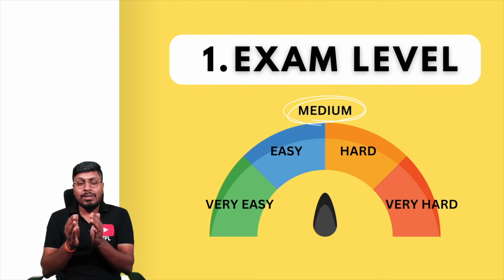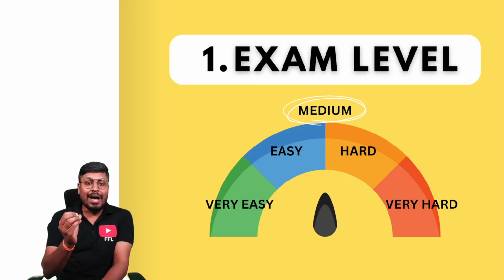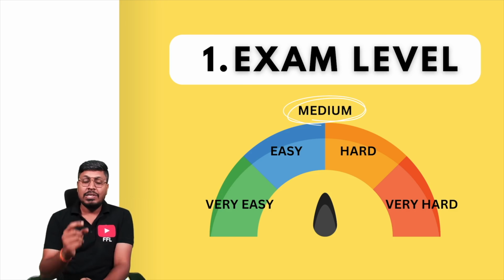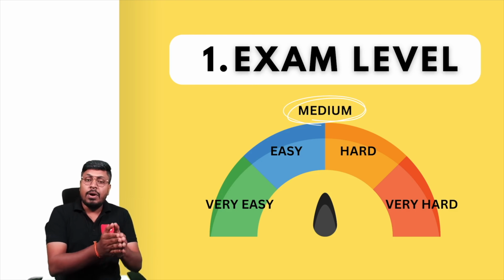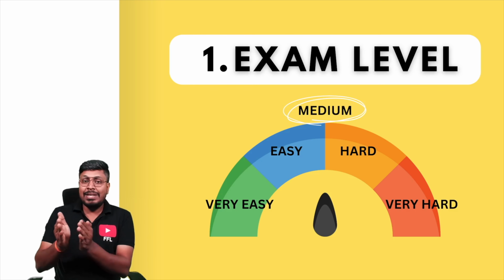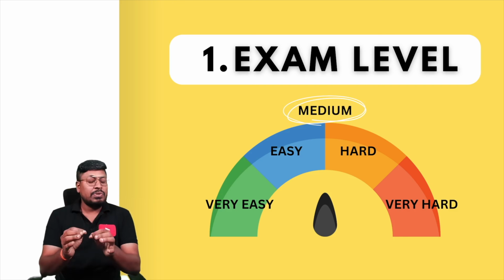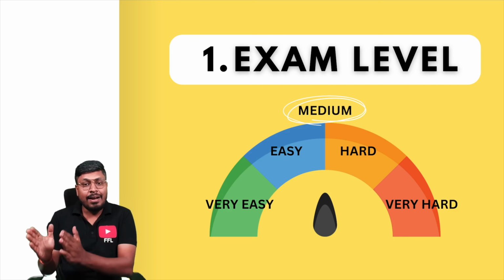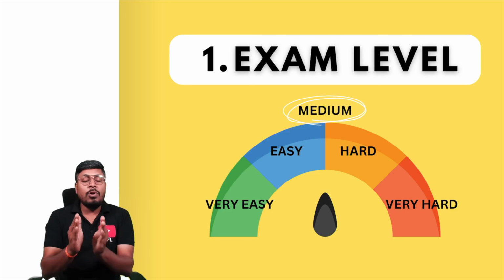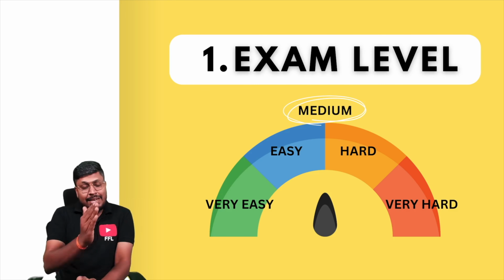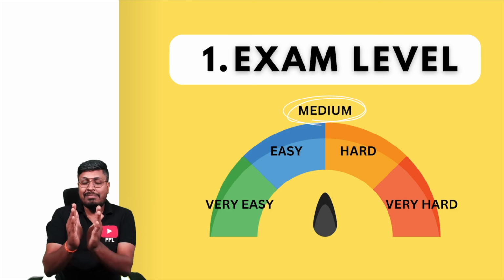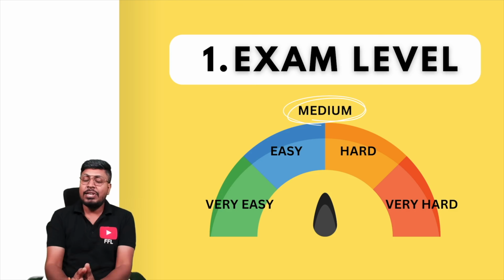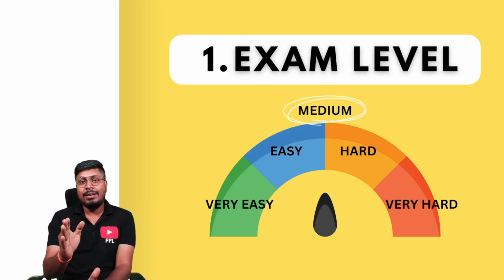Before watching all the RRB JE topic wise videos, you first have to understand three important things. First, the RRB JE CBT1 exam level. When we take all the previous year memory based question papers of the RRB JE exam, the aptitude and reasoning question level is medium. So do not waste your time solving very hard level questions. Try to practice more and more easy, very easy and medium level questions. If you keep practicing medium and slightly higher than medium level questions, you can definitely clear the CBT1 aptitude and reasoning sections.